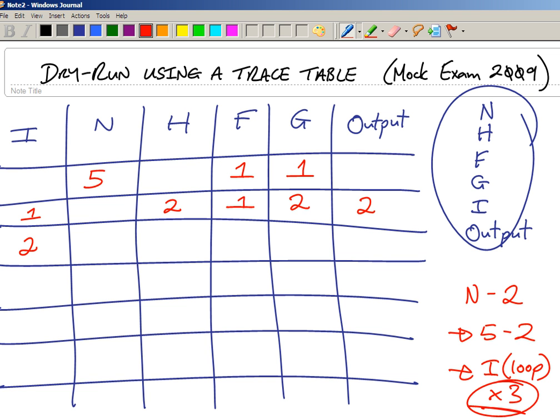Then we repeat what we just did. H equals f plus g, so 1 plus 2, h becomes 3. F equals g, and g equals h. Output h. Next I, in other words, return to the loop again. For I equals 1 to n minus 2, still meets the criteria, the third run through of the loop. H equals f plus g, 2 plus